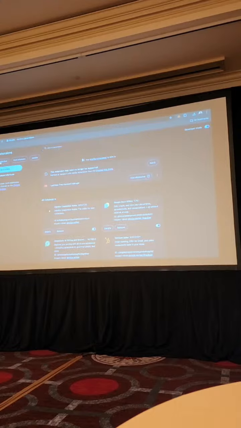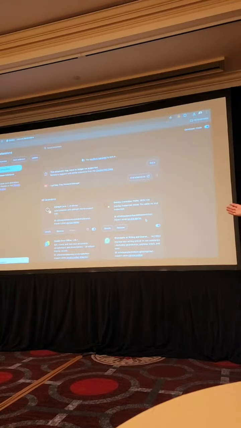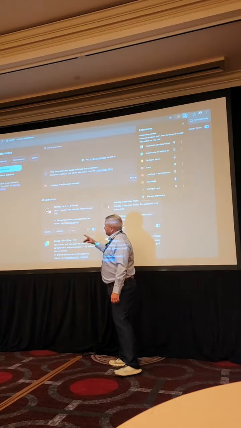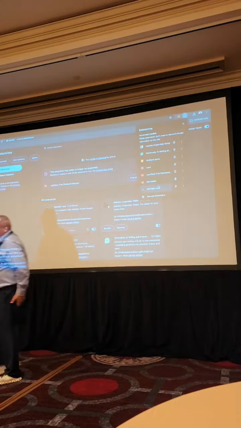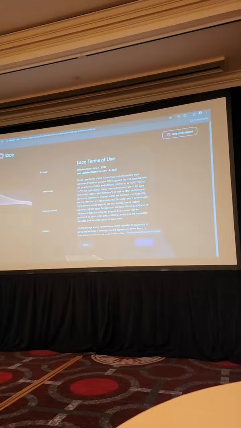So he's going to upload the pack, select it. There's the Midnight Lace wallet for DevNet, and then here in a moment I'm going to actually go and load the wallet. There it is. Looks just like Lace, right? It could look like any other wallet that anybody's used to.